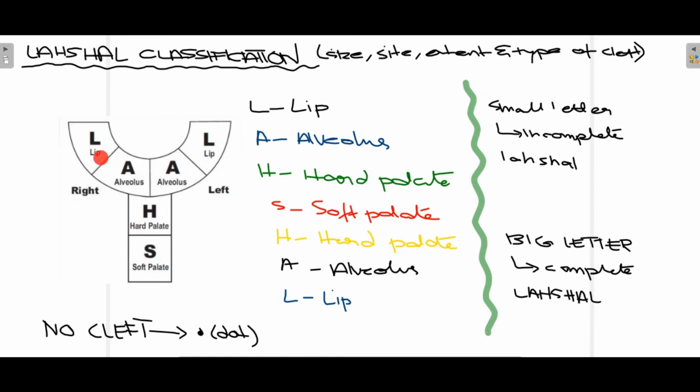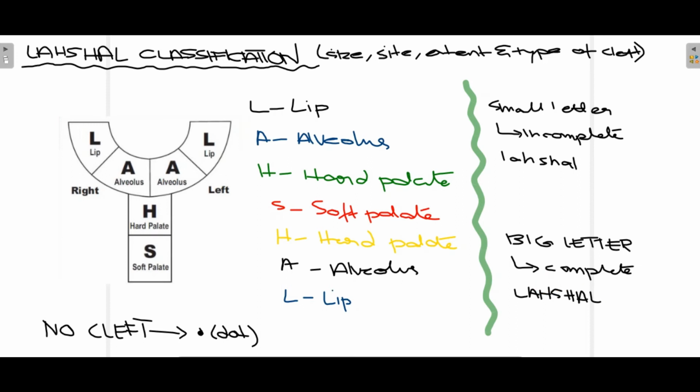This LA on this side is the right hand side of the patient, and this LA is the left hand side of the patient, and this H represents hard palate and soft palate. Now these are the abbreviations which are used in defining a condition of the patient. When we use capital letters, for example, that are listed like this, it means that the patient has complete cleft.